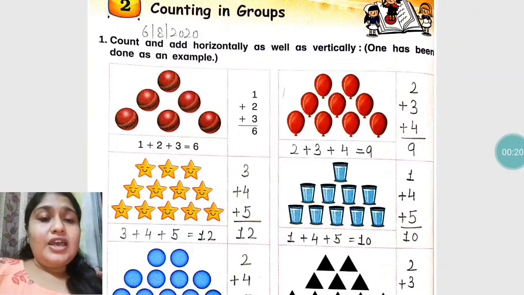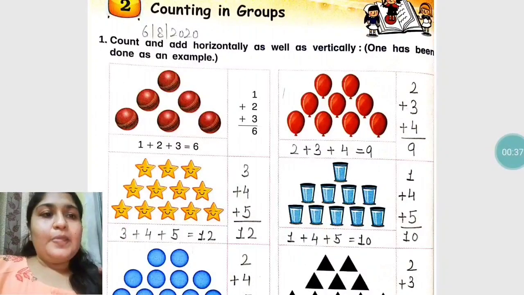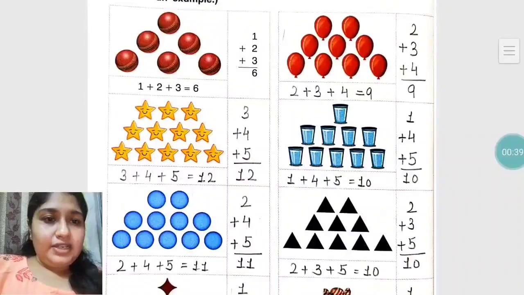So students, if I add 1 plus 4, 1 plus 4 is equal to 5. And the answer is 5. Okay, so if I add 5 plus 5, what will be the answer? 10. Okay, so let's continue with the